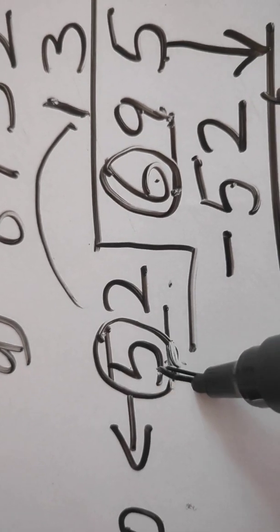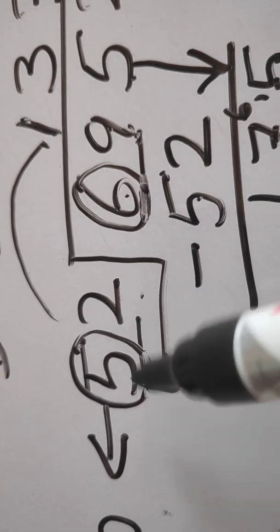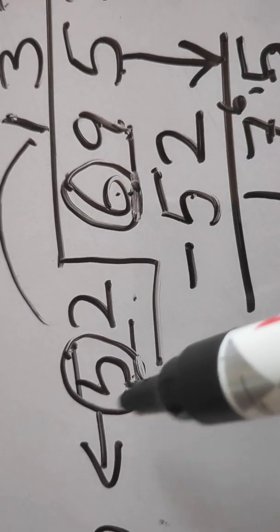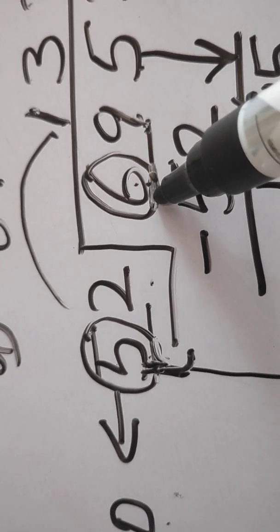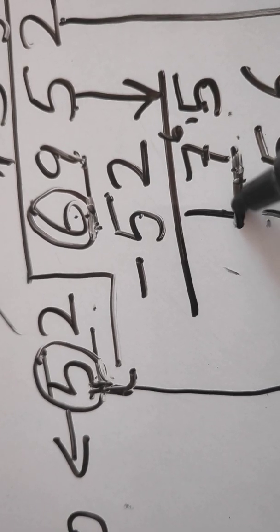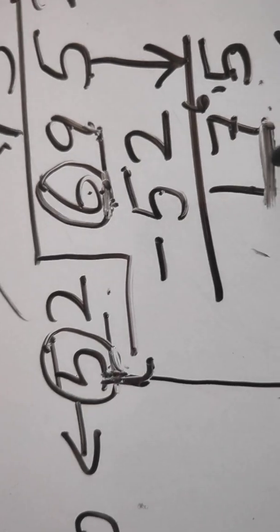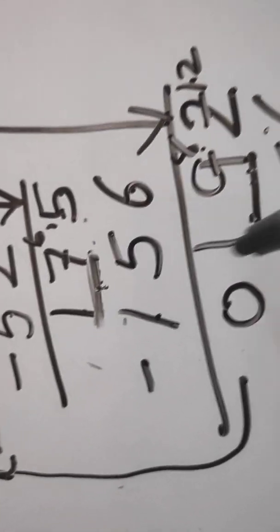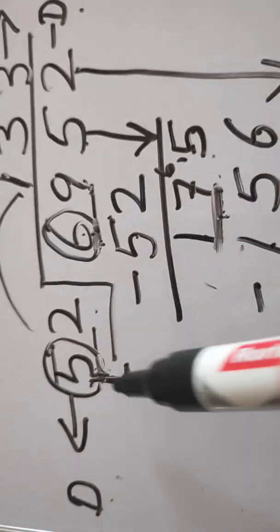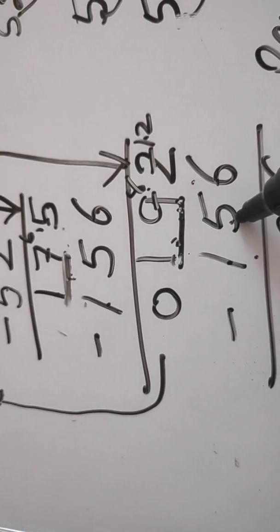So by using this trick, with first digit, if first digit of dividend is bigger than the first digit of divisor, we will read the table of first digit up to the first digit of dividend. If first digit is small, suppose in this case first digit is small, then we will check with the two digits. Whose table will we check? First digit's table. 5 3s are 15. Here also first digit was small, so that's why the table we have checked. 5 3s are 15, 5 4s are 20, 20 is bigger, so table goes on 3s are.